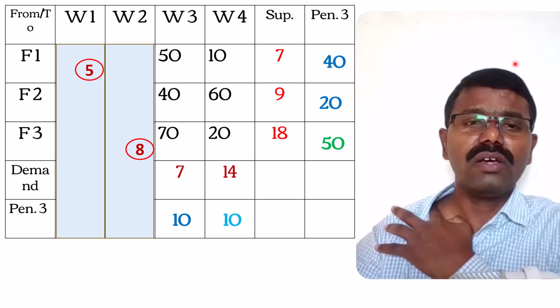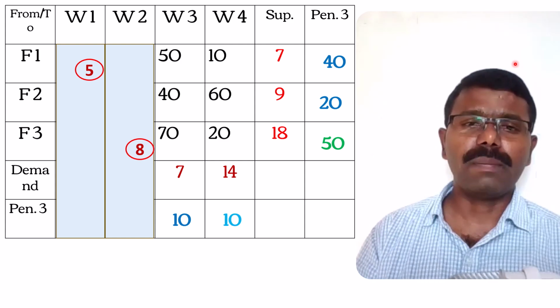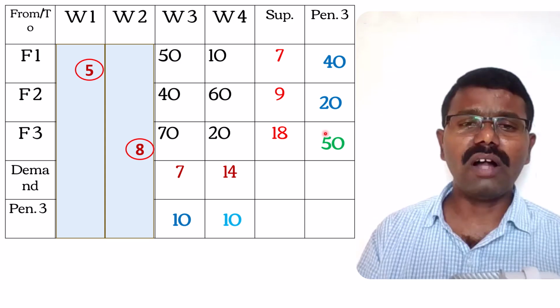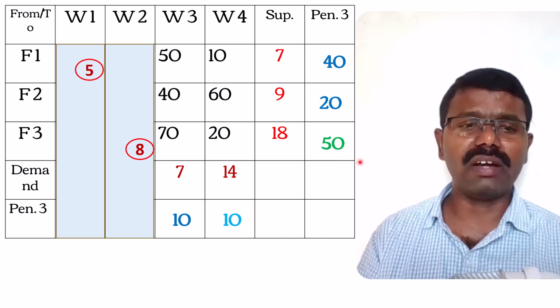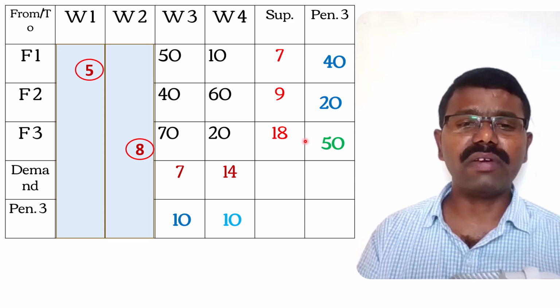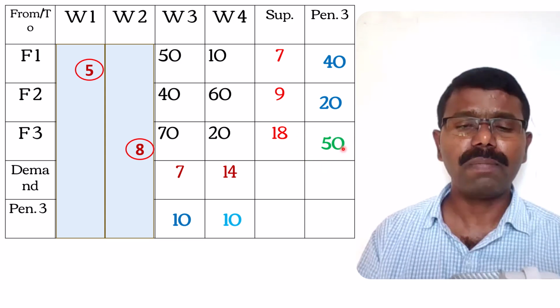So now again we got the penalties. Out of all these penalties you identify which one is the maximum penalty. That means row 3 is having the maximum penalty, that is 50,